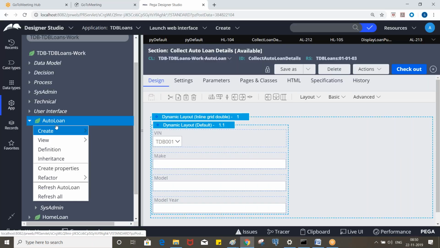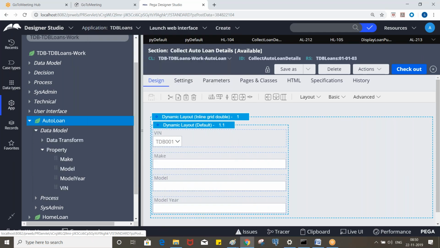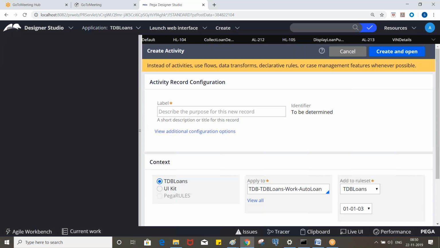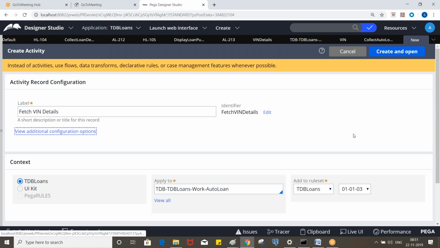Right click on the class, go to technical activity, and name it fetch win details. Win means vehicle identification number, which will be the unique number.